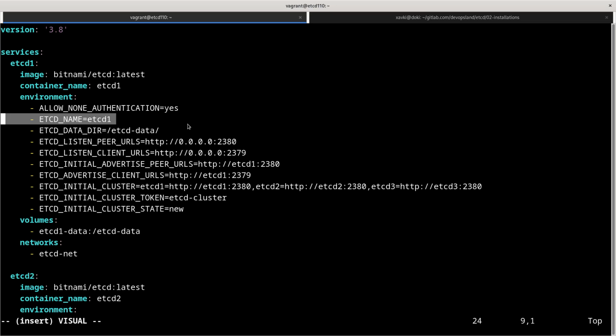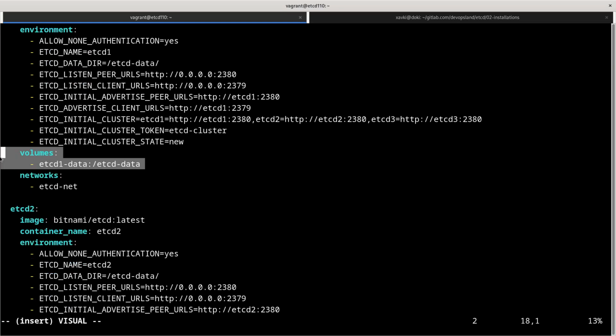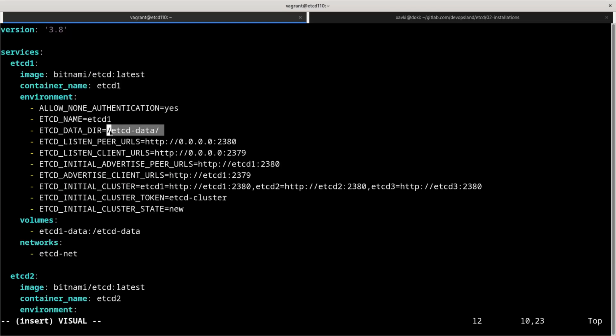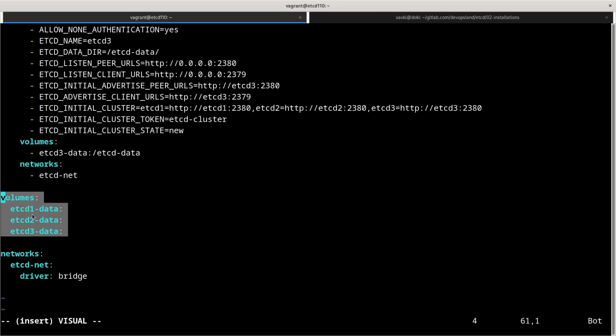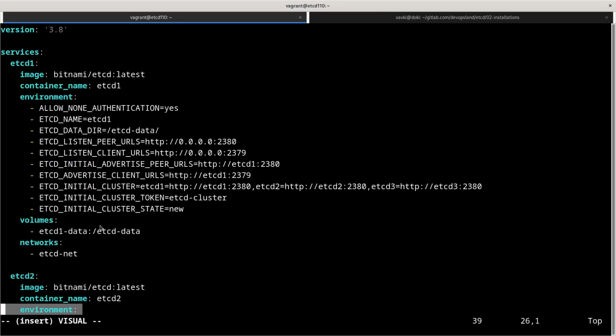For etcd1 that will be etcd1, and the data dir is where we want to store the data inside the container. Of course, this is a volume mount, like we can see here. The etcd data is mounted in the volume named etcd1 on the external host. So you can see here we have 3 volumes: etcd1-data, etcd2-data, etcd3-data. Okay,